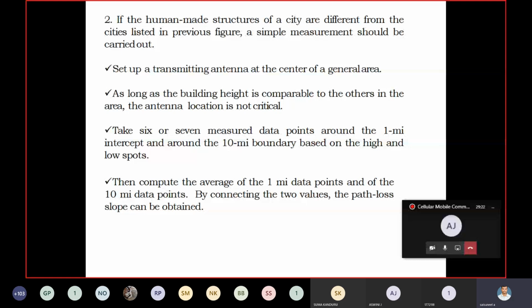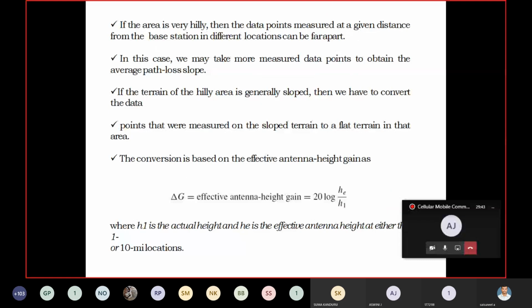See this one. Suppose a hill is there in your city. If the hill is coming between the base station and the mobile station, the base station is at some location, the mobile station at some location, but in between these two, one hill is there. Then the signal is not coming after this hill. At that time, how to overcome this? We just have to increase the base station height, so that the base station height is much higher than the hill height.